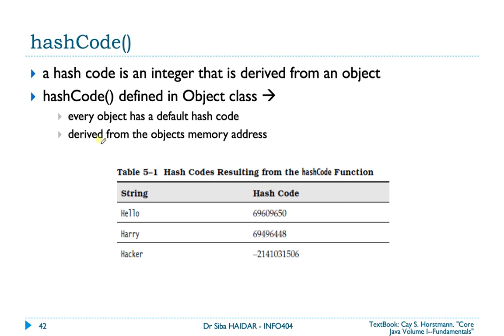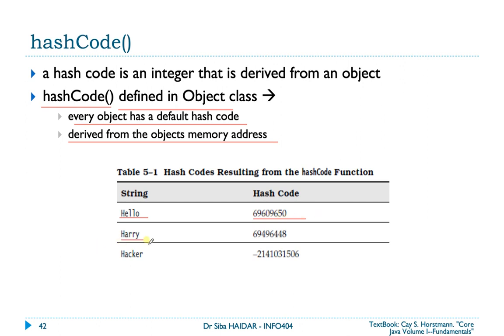A hashcode is an integer that is derived from an object. For example, the method name is hashCode. It has no parameters, it returns an integer, and of course it is a public method. It is defined in the class Object, and every object has a default hashcode. It has a default implementation, which is derived from the object's memory address. For example, the string hello will have the hashcode